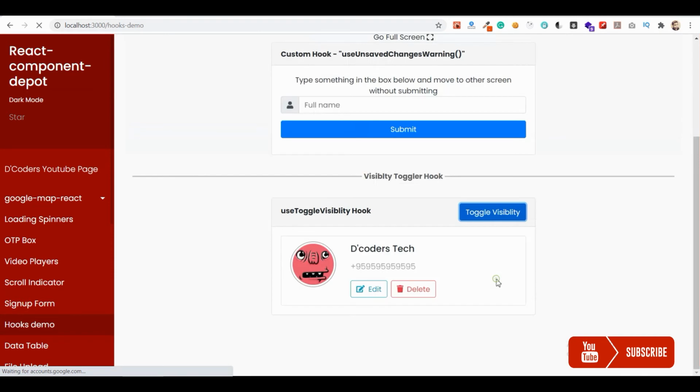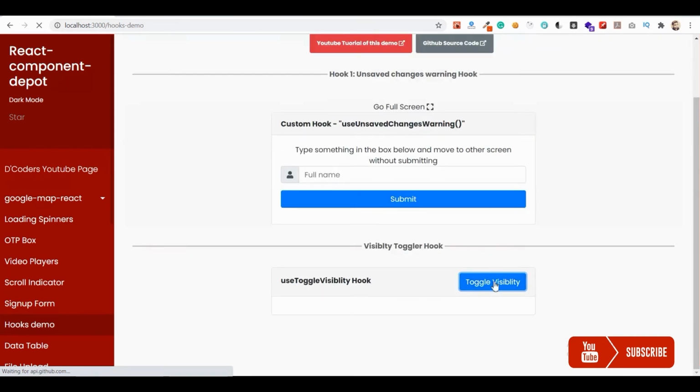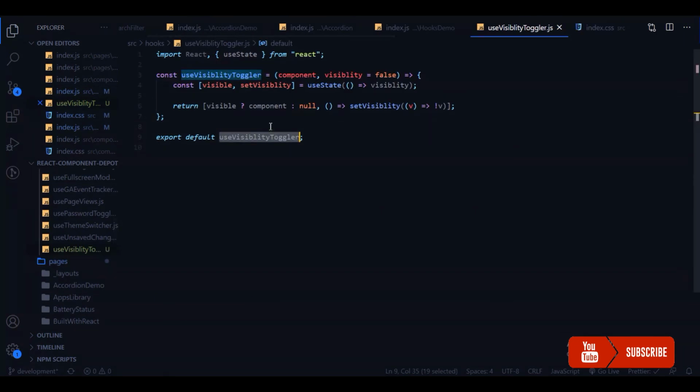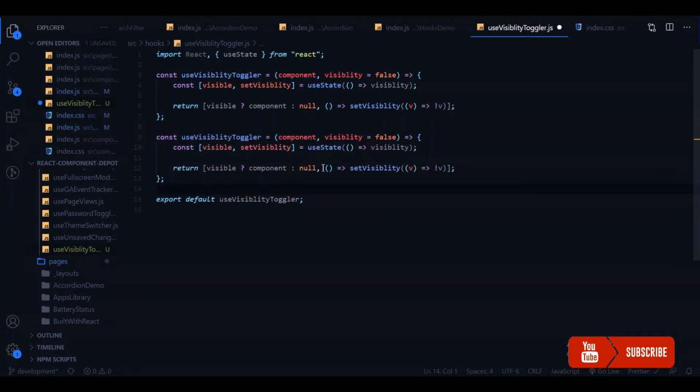So this is very simple guys. If you can create this custom hook, you can use it in many places where we need this functionality. So this can be done in another way also. Instead of returning one callback function, you can return two functions. One is to show and one is to hide. If you want it like that, you can keep it based on your convenience.